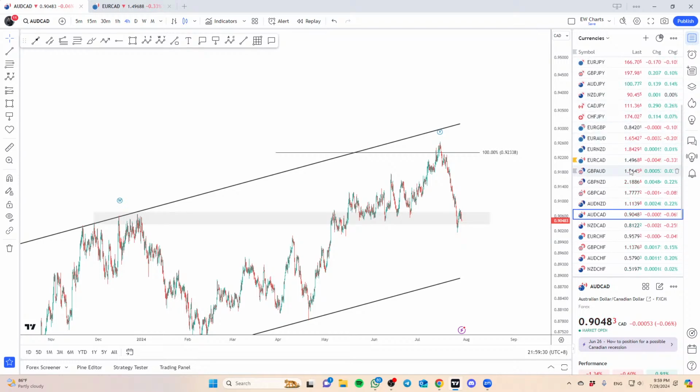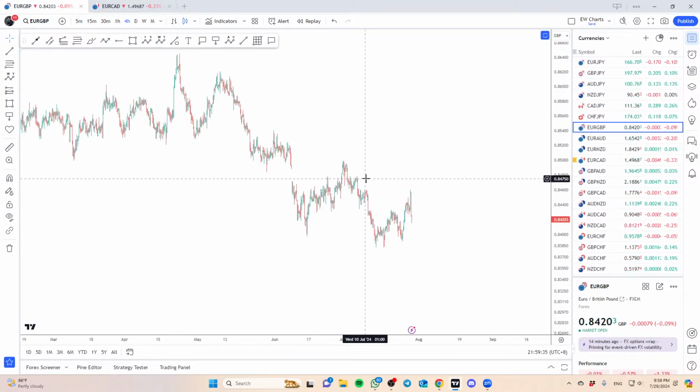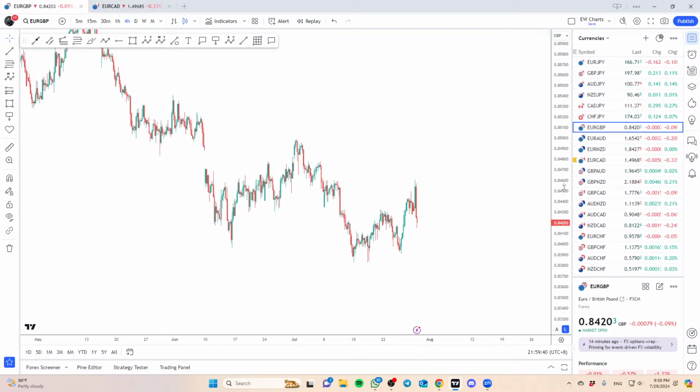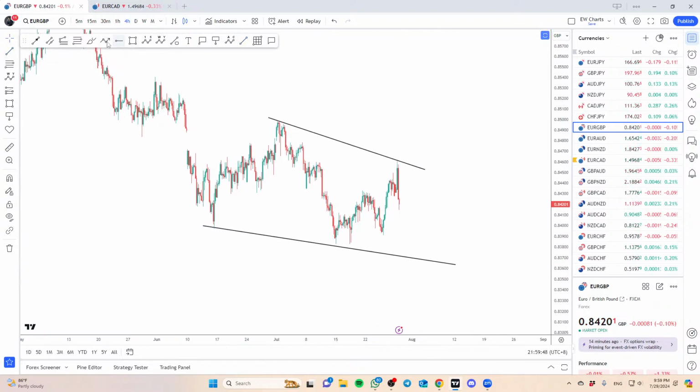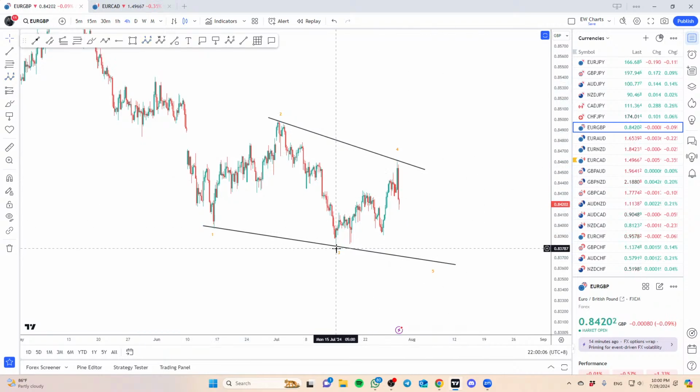Euro pound, right? Euro pound. Let's see. Yeah, I think Euro pound here may give us a little bit more downside. The reason for that is I'm looking at it from a perspective where this pullback wasn't very impulsive. We kind of get a momentum move back down as of today. So I'll be looking at it from the angle where this can be developing some sort of a potential 5-wave structure.